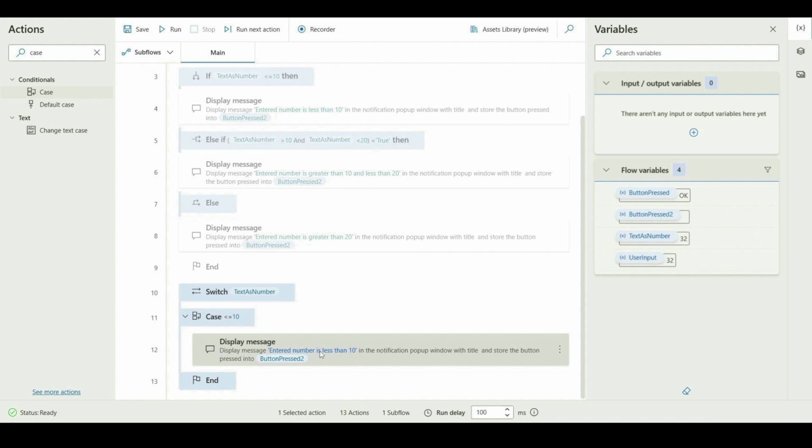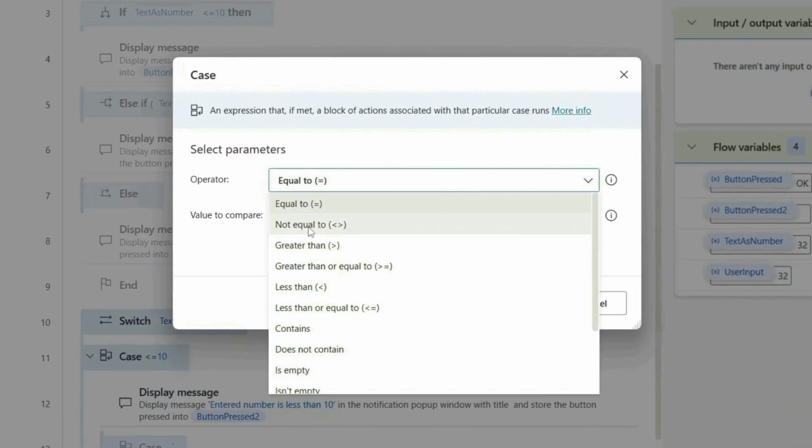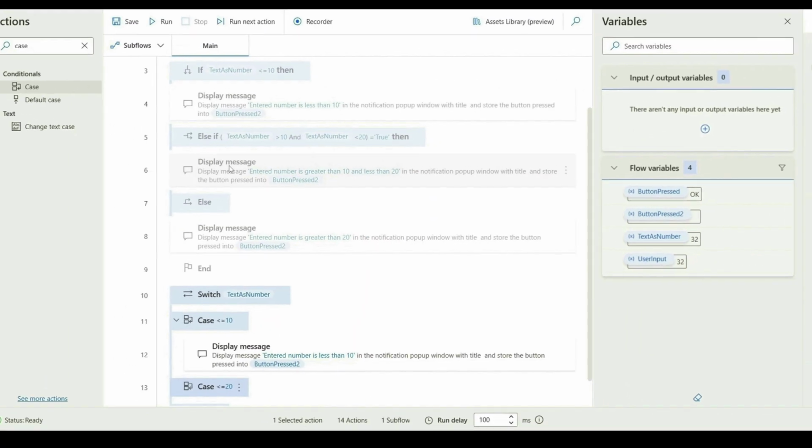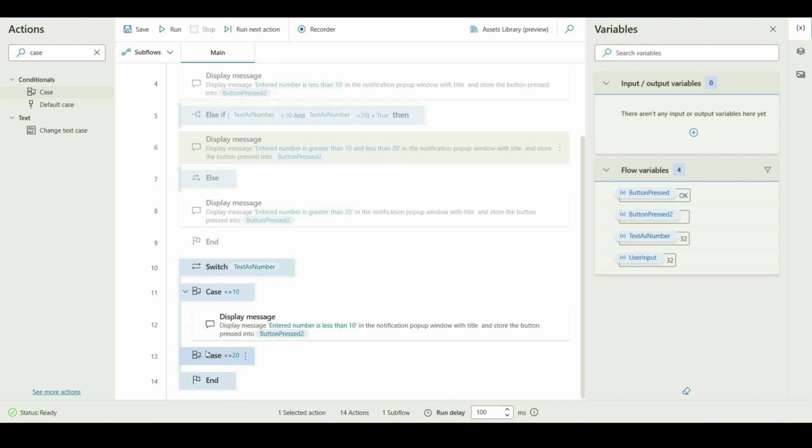Now, what if the entered number is greater than 10 and less than 20? Let's bring in another case here. Let's make it less than or equal to 20. Click on save. And let's copy this same display message